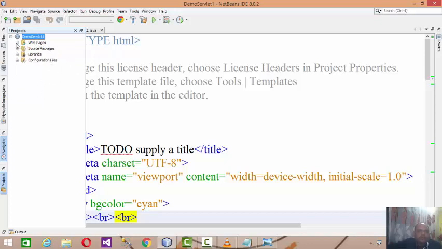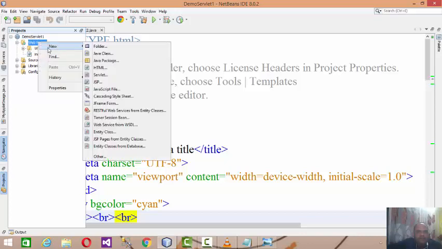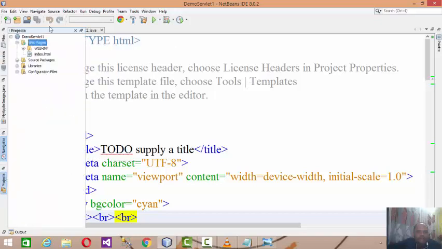Now, to create the web pages, by default you get the index.html. If you want to add another web page, right click on the web pages, go for new and select HTML. By doing this, you can add as many web pages as you want, right? But web pages run on the client machine, in the browser. Now to develop the response on the server side,